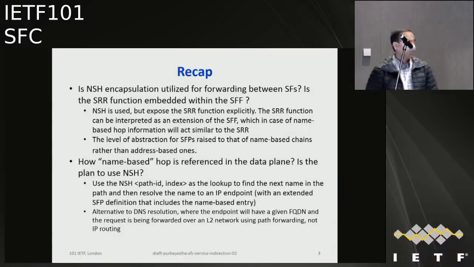Excuse me, I understand L2 networks. We do allow Ethernet as a transport for NSH. That's L2 networks as I understand it. People use them, no argument. What is path forwarding? That's not a term I've heard in the IETF or IEEE. So you're referencing it as a way of doing something, but there's no reference for it.